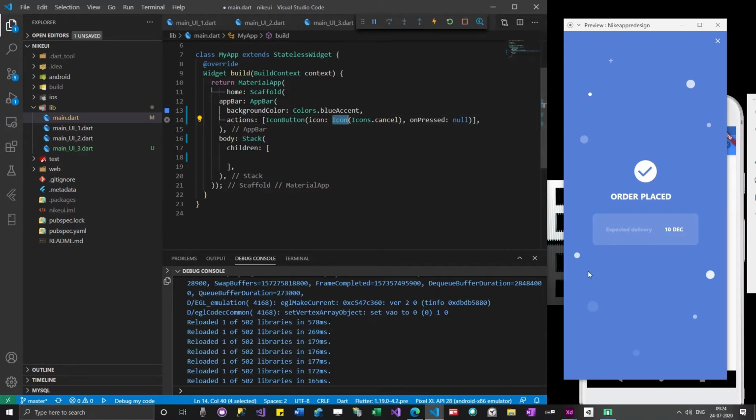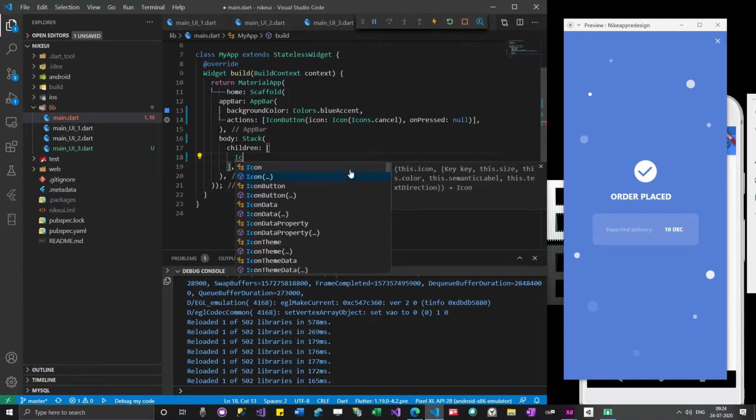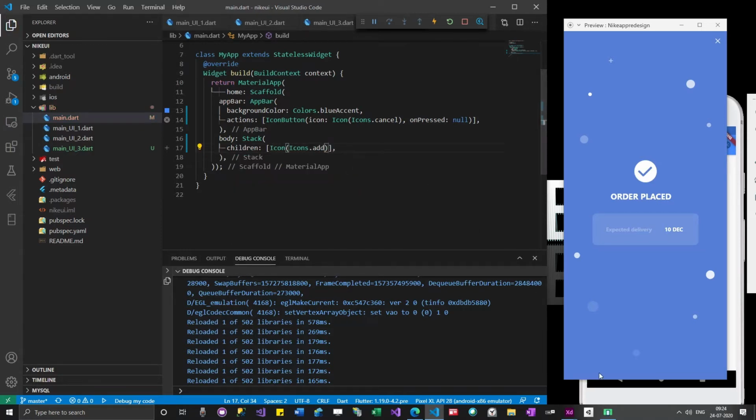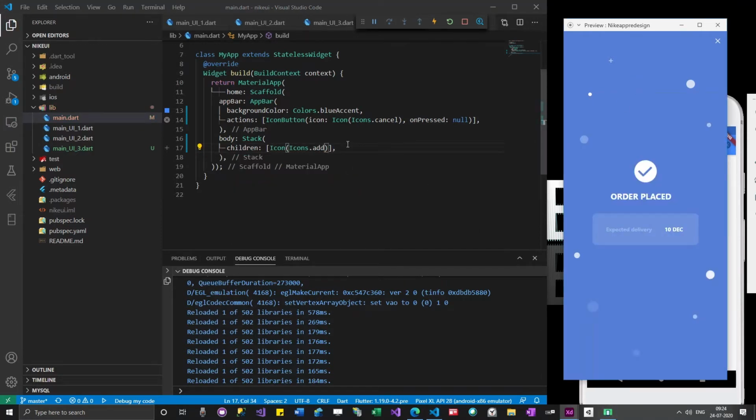It's all about arranging them together to make a good user interface. Okay. So now I'm going to take some icon. Okay, so I have some add icon. Let's see if I have something like circle.